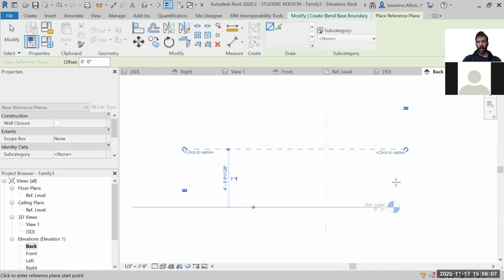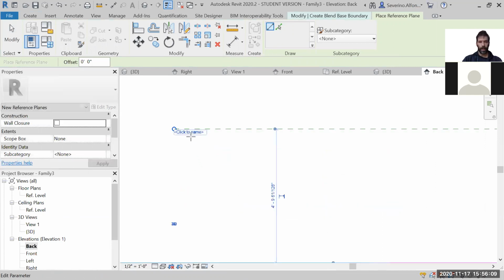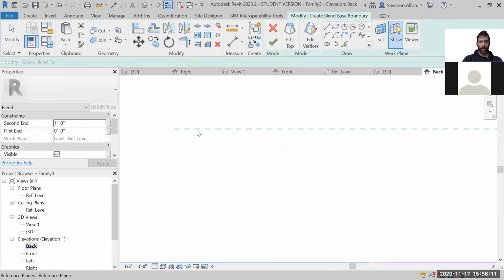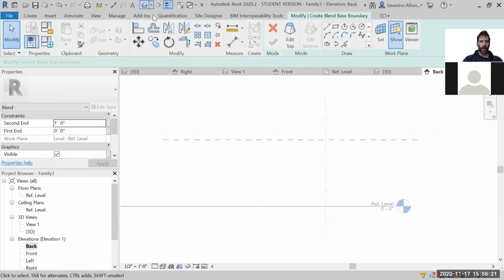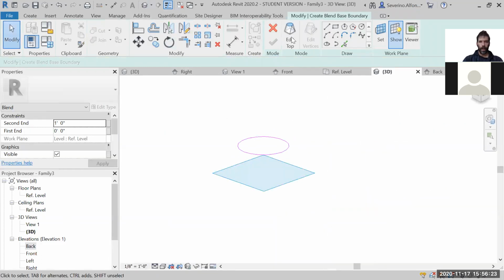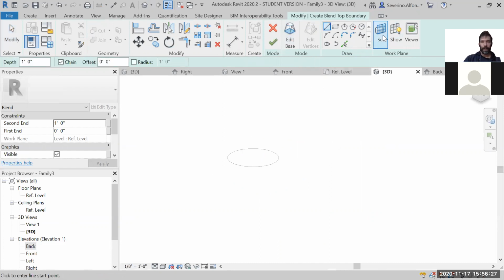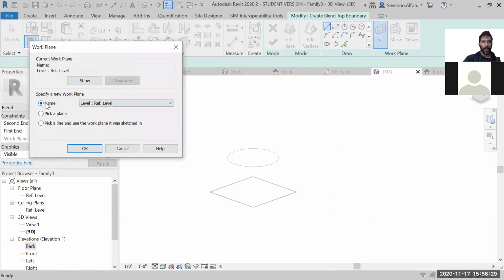I create a plane here, and notice how it says click to name. So I can click there and call it top plane. It's important to rename it because now when I edit the top option in my blend, I can say set, name,